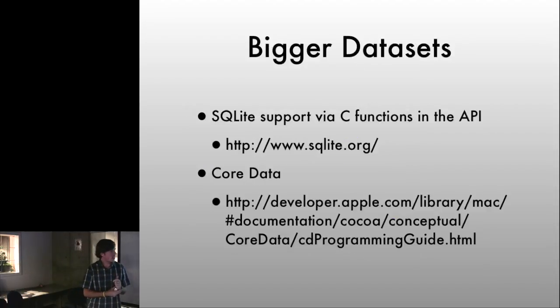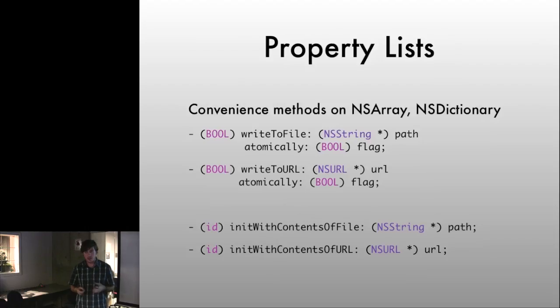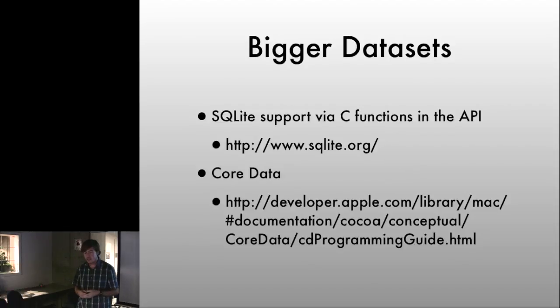Okay, and then one last parting remark. You can have bigger data sets. These property lists are generally meant for things that are on the order of 10 kilobytes or less. They're not meant to be very big because they are stored in large XML, so it's a lot of text relative to the amount of data that you put in. But if you want to use larger data sets,